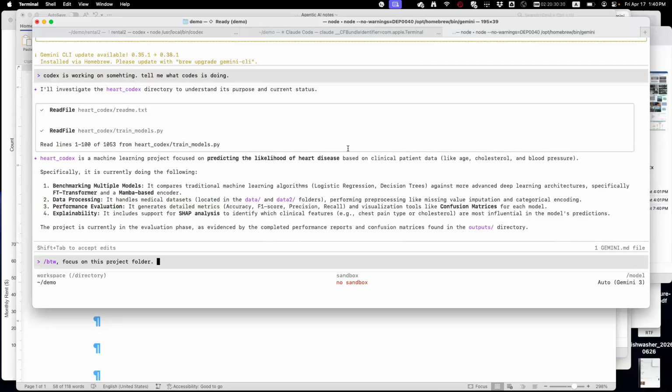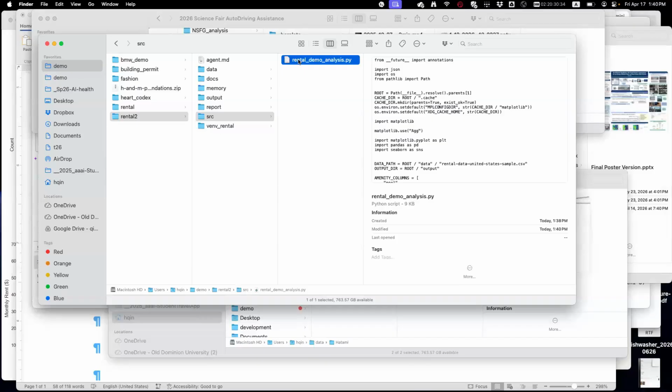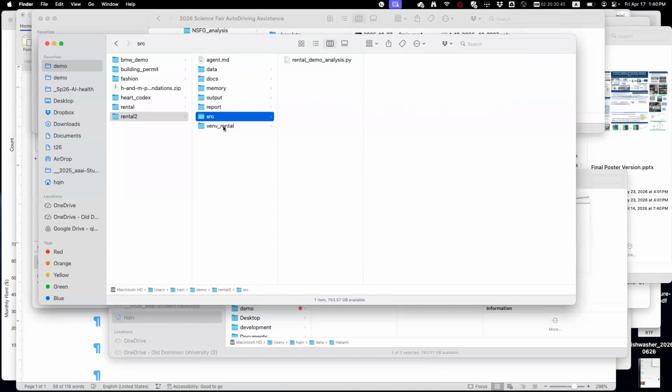In fact, if you're not sure, we can check. You see, I didn't ask it to execute, but apparently Codex already executed the code. I was actually hoping to use Anthropic's Claude to execute that code.